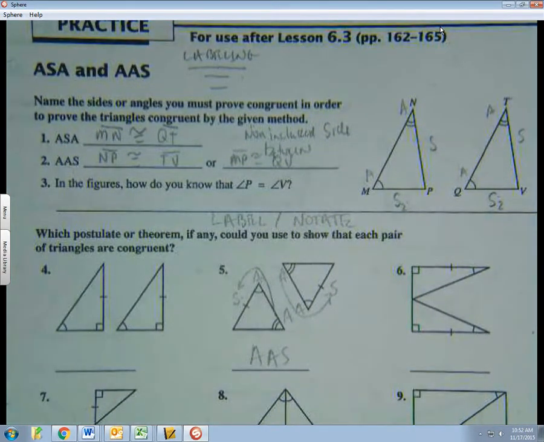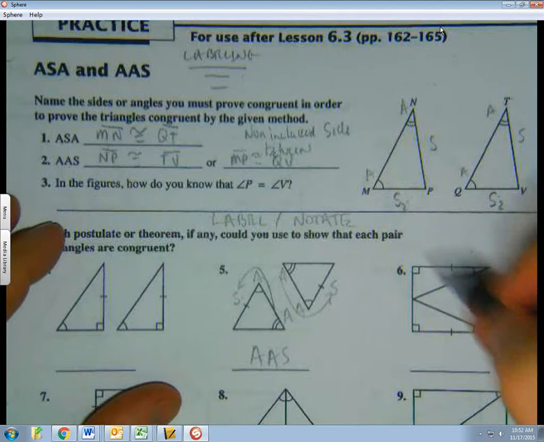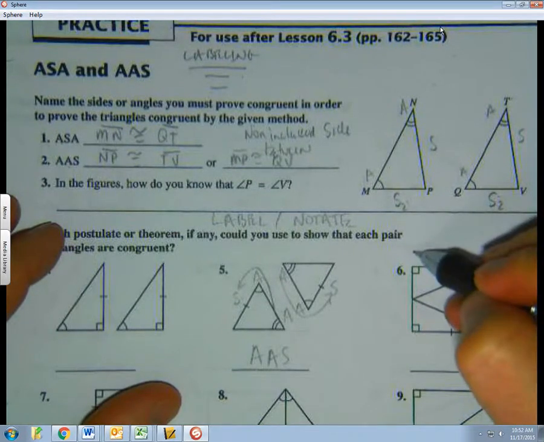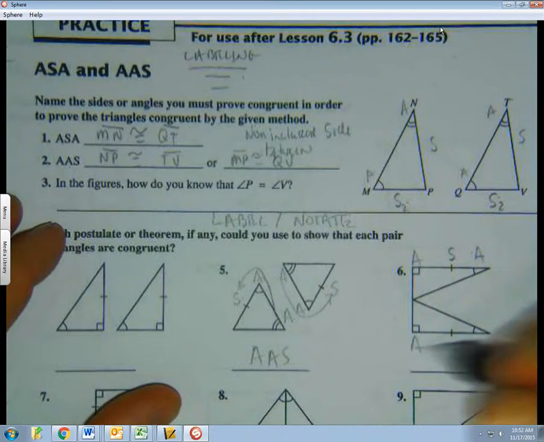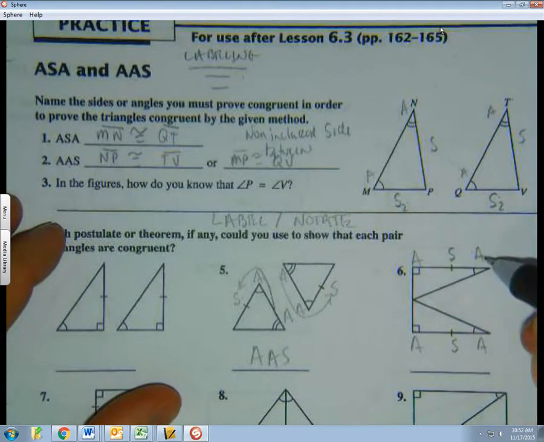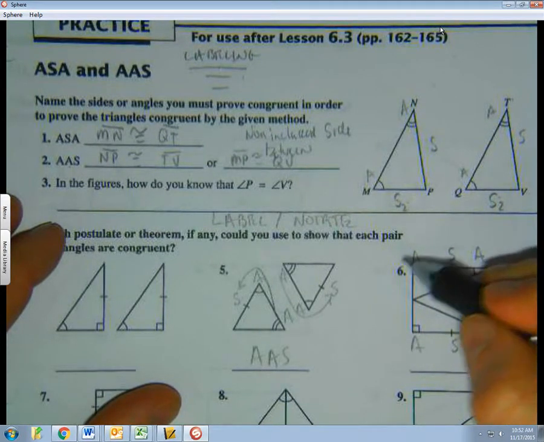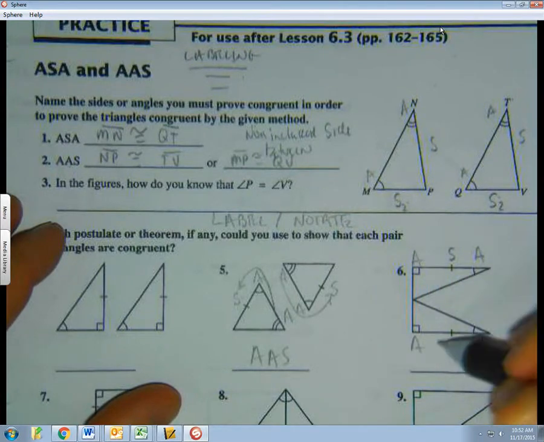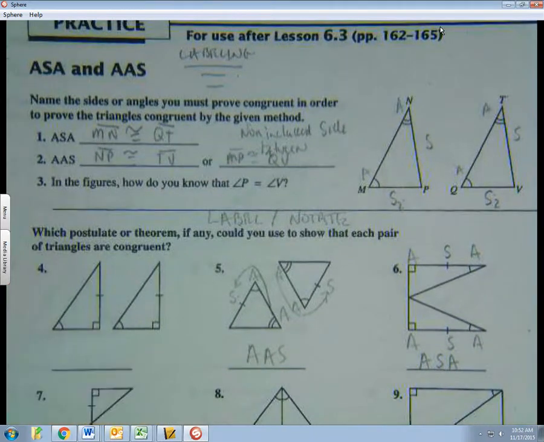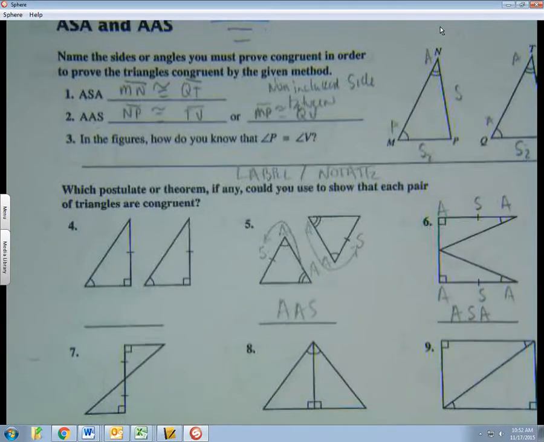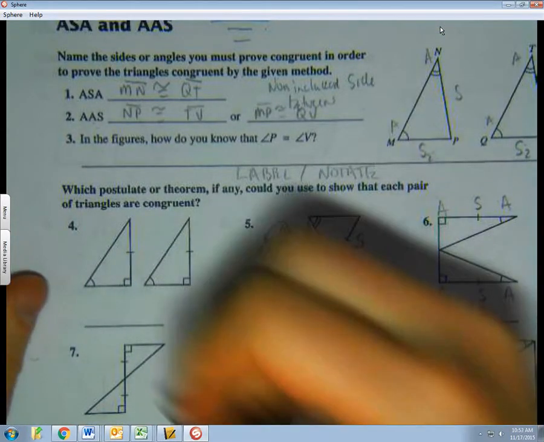If we look at this guy, we've got angle, angle, side, angle, angle, side, angle both ways. So that's it. Okay. Things to look out for, like in 7, just remember we talked about this the other day, but